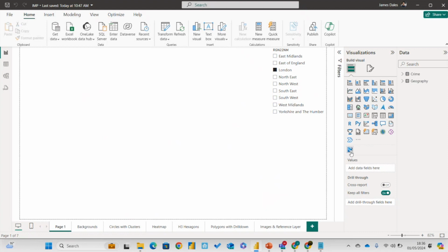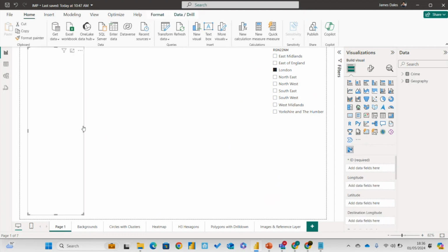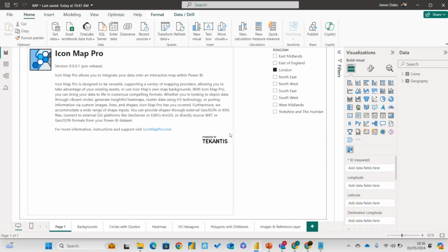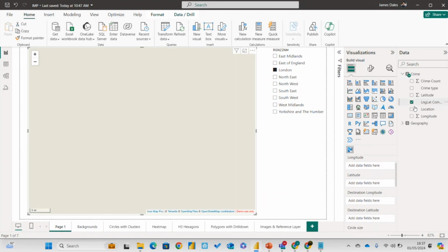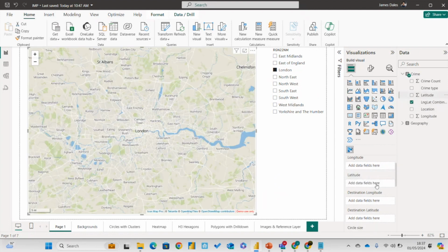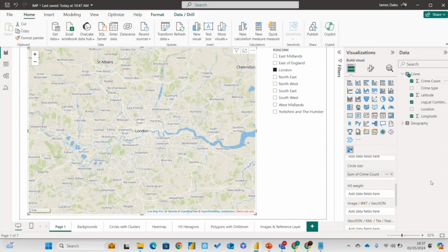So you can see I've got the new visual down here in the custom visuals area of Power BI. Let's drag it on and let's build up the same kind of report that we were looking at before. What have we got? So I've got that long lat combined field. I've got longitude and latitude. Let's drag those in. And I've got crime count. And that should